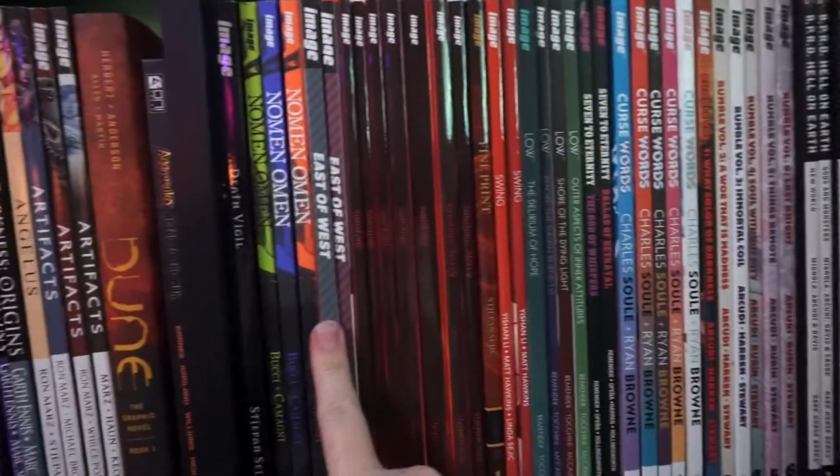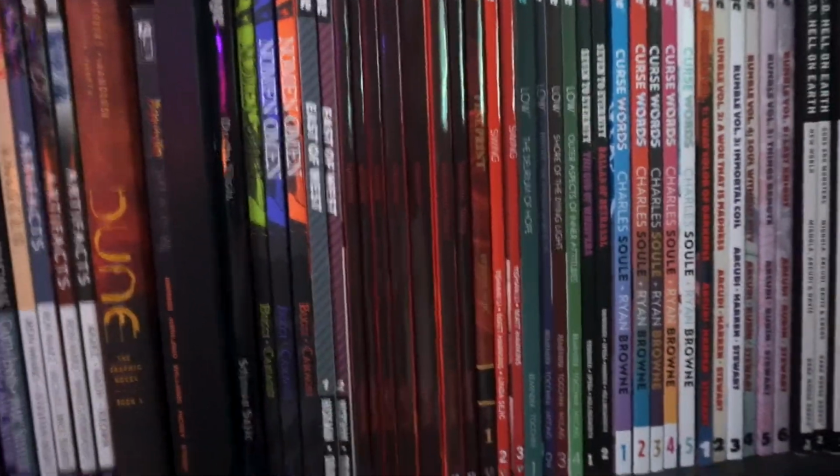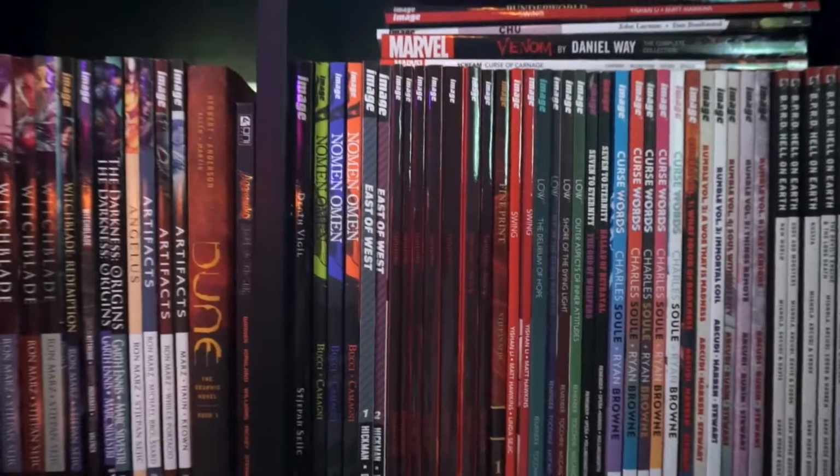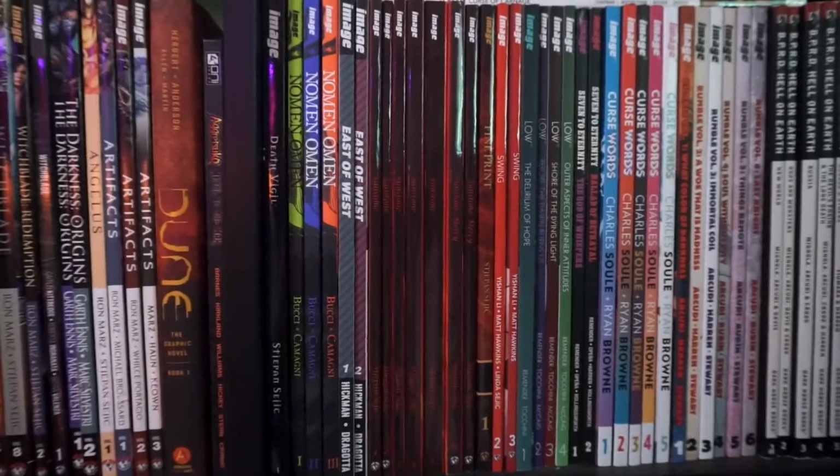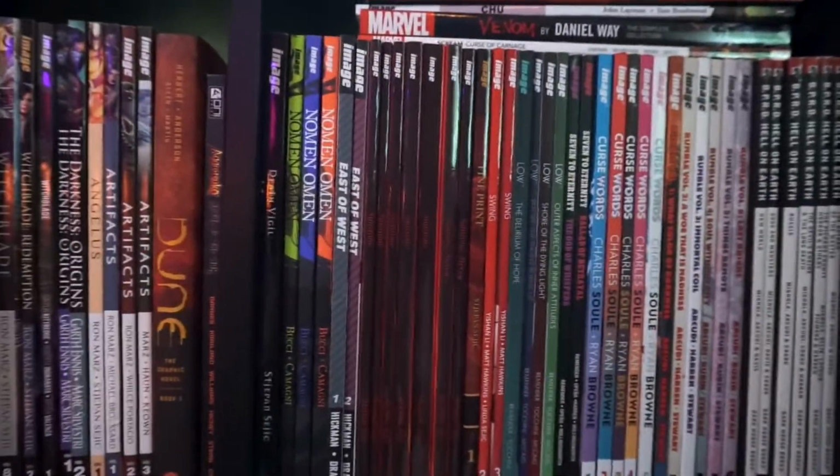However, we don't own them in trade, and I don't think we're going to at this point buy any more. The series is done. We read the rest in issues, and if we do buy them, it'll be in hardbacks. So,